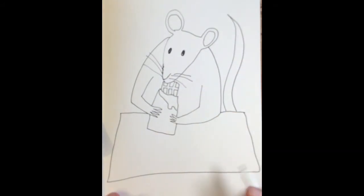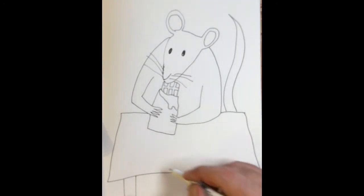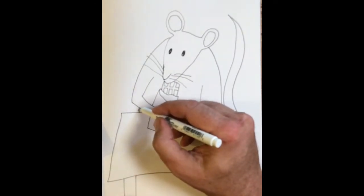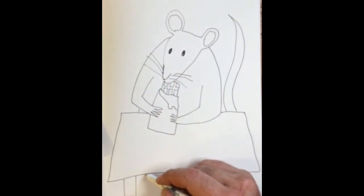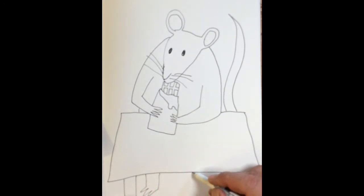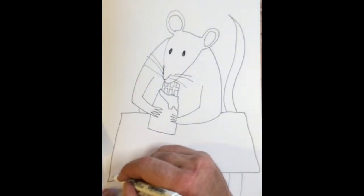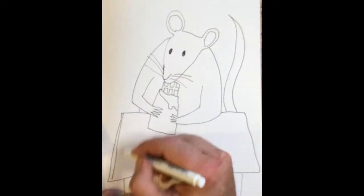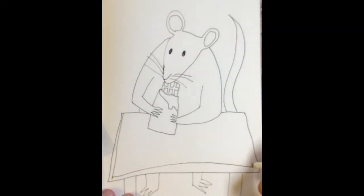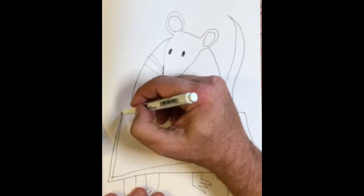And I thought to myself, oh, it's really cool to show you guys just how I develop a picture, right? Because I do get asked quite often, where do your ideas come from? How do you just sit down and start drawing? How can you do that? And sometimes I've spent a good half hour or something like that on a study of an idea. And other times I'm just drawing right off the bat. And so this is kind of just a way of showing you how I develop things sometimes. So I got this rat going here,